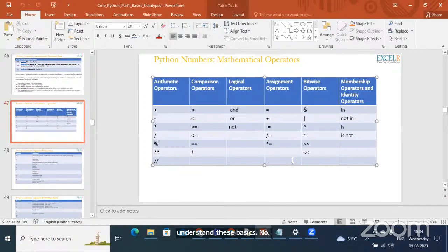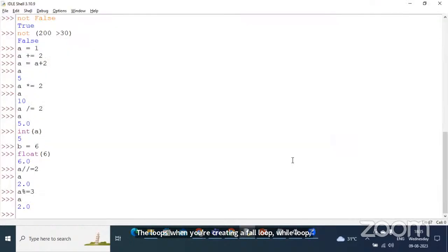Now, next comes another very important category of operators called membership operators and identity operators. These operators will be very important for you when you are working with loops, when you're creating a for loop, while loop, etc. These will be the basis on which you set up loops. So understand them properly. Okay. So I will come to also the concept of why on the first day I had told you that